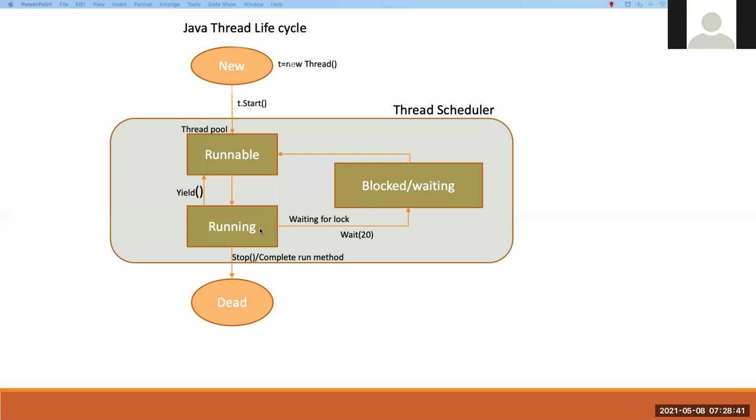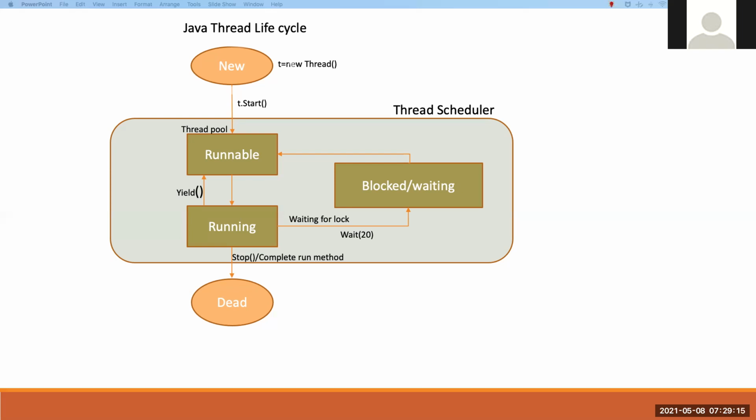The other possibility is that the thread can move from the running state to the blocked state. For example, the current running thread requires access to some common object, let's say an array list. But that list object is currently used by another thread; it's locked by the other thread.